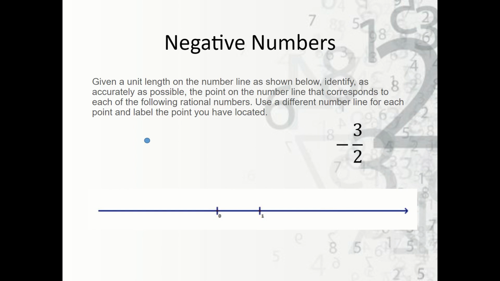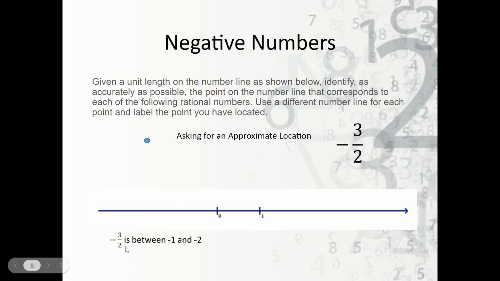Now what if we're asked to plot a negative number on the number line? Well, this is negative 3 halves. We want the approximate location. We should notice that negative 3 halves is between negative 1 and negative 2, because this is really negative 1 and a half. So we're just going to take this distance from 0 to 1 and copy it towards negative